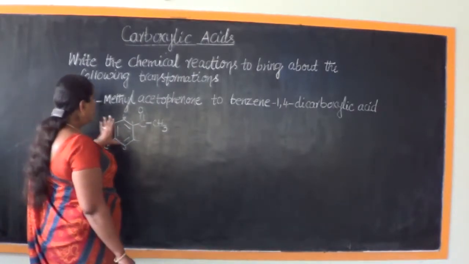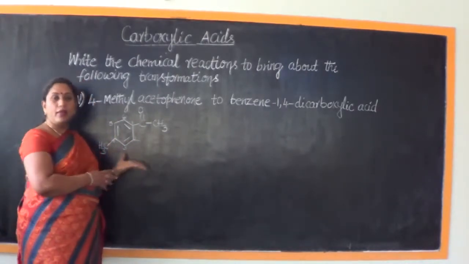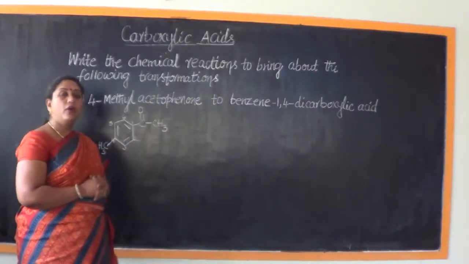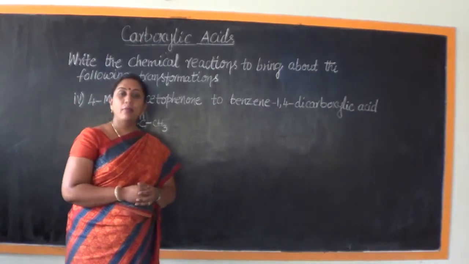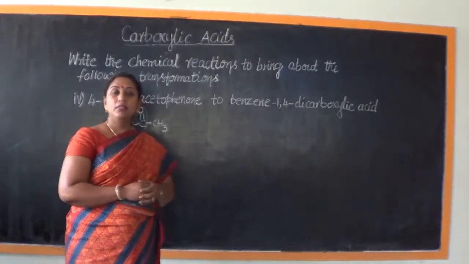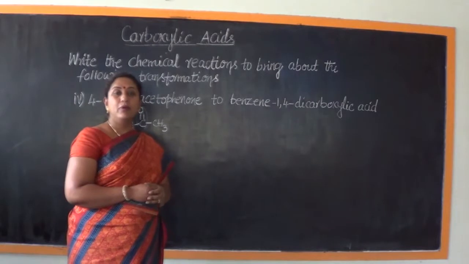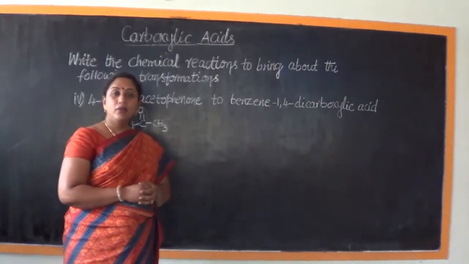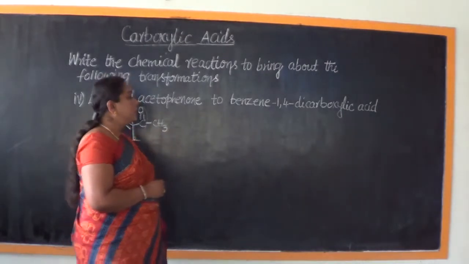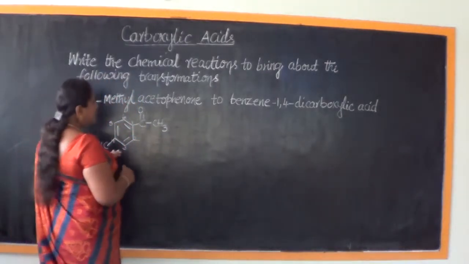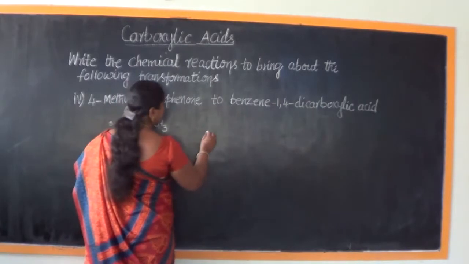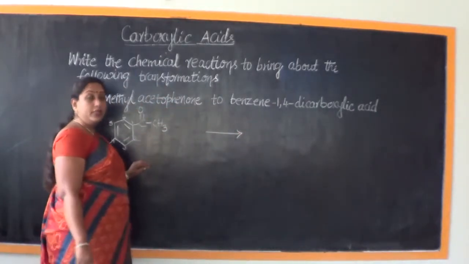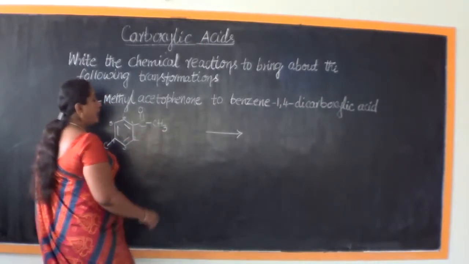Now, this structure resembles that of an alkyl benzene. So what did we do for alkyl benzene to obtain carboxylic acid? We have learnt this in the general method of preparation of carboxylic acid. You may go back and watch that video for better understanding of this particular conversion. So this has to be subjected to the process of oxidation. This is vigorous oxidation of the side chain that we need to carry out.